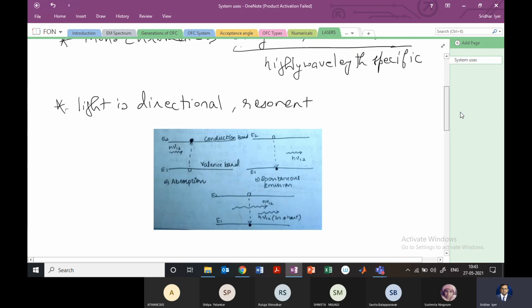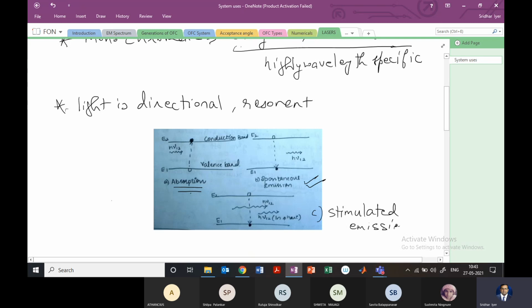So this diagram which you see on the screen right now explains the three phenomena which we have discussed already. You can see here, diagram A stands for absorption, which I have underlined. Diagram B stands for spontaneous emission. So these two processes, A and B, occur in LEDs. And then there is a diagram C here, which I have not named, but now I'll be naming it, and that is stimulated emission.